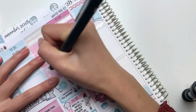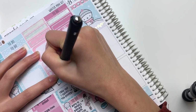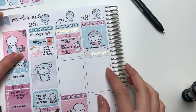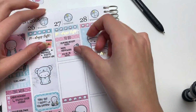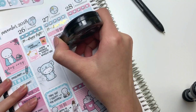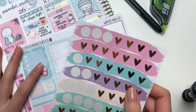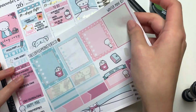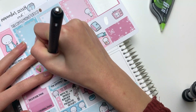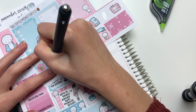So moving on to Tuesday, I put down a to-do header and I'm also filling out this 3 floral checklist. Usually I would say 3 heart checklist, but because the checklist box thing is a flower on this kit, I guess it is a floral checklist. Then I'm taking this super pretty foiled heart sticker from Clever Gal Crafts, and that pink color matches the kit so perfectly. But yeah, I just layered that on top of a label from the kit to mark in that